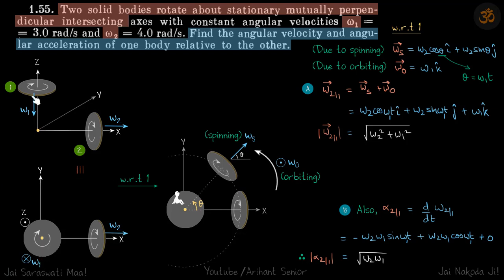And now you can imagine why I took omega 1 in the negative z direction, because we are more comfortable doing the calculations in counterclockwise fashion if theta is in counterclockwise fashion. If I had taken omega 1 upwards, then the wheel would be rotating in opposite directions. So small things, good problem, a lot of things to learn.